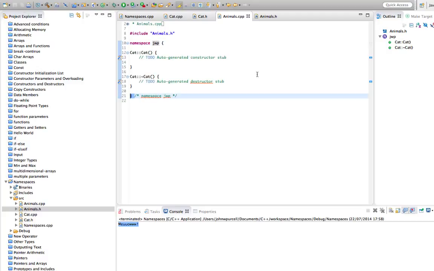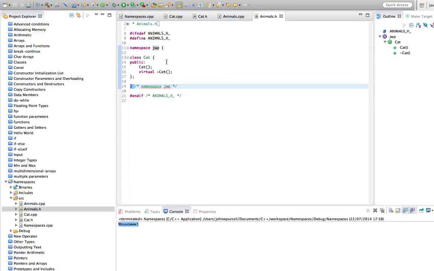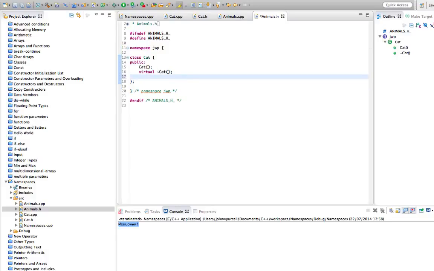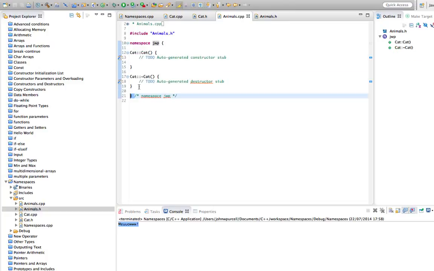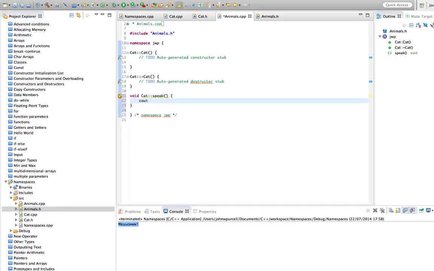We can put our other cat in a namespace as well. Let's first go to this cat that I just defined, give that a speak method as well. Let's say void speak again, and in animals.cpp I'm going to say here void cat::speak. Let's make this do something different to the other speak in the other cat class. I'm just going to make it say like an aggressive cat noise, and we also need to include up here